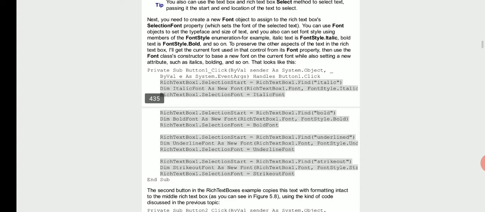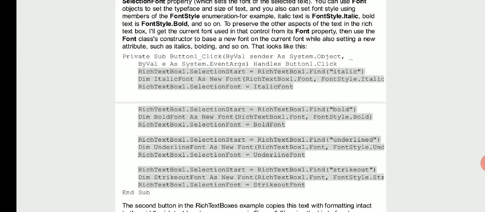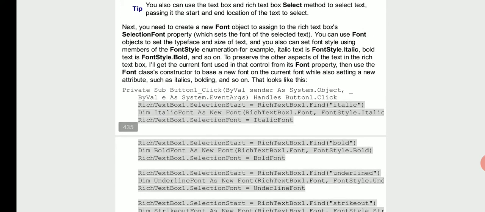See here, we have to create one new font object to assign to the rich text box's selection font property. So we have the selection font property, and a font object we will have to create. So we can use font objects to set the typeface and size of text, and you can also set font style using members of the font style enumeration. For example, italic text is FontStyle.Italic, bold text is FontStyle.Bold, and so